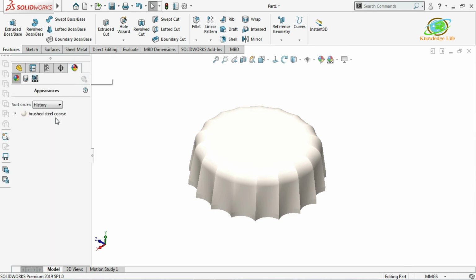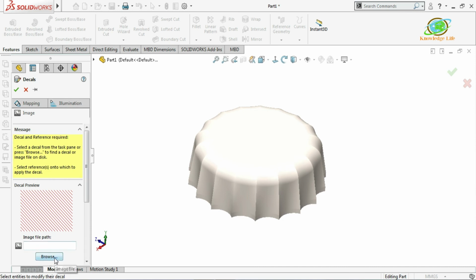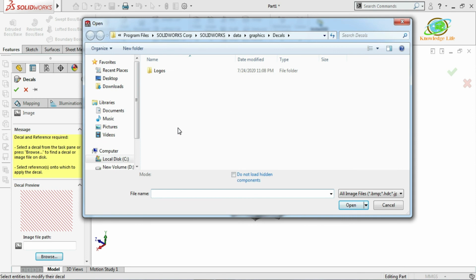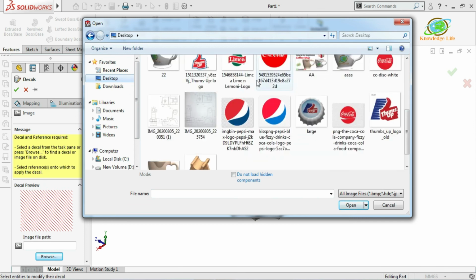So I'll go for the decals. You can see here, I'll just click on the decal. Now you can right click over here, click on add decals, and you can browse it from your desktop. Here I have already downloaded some pictures that I will use for decals. So go to the desktop, where I kept them. Now I will choose this one from here.